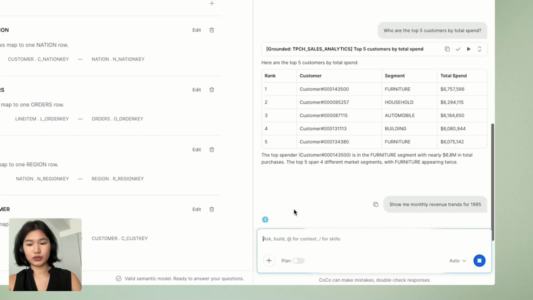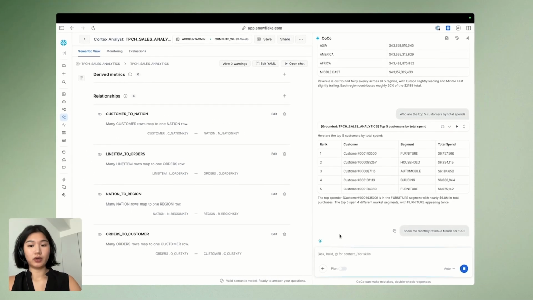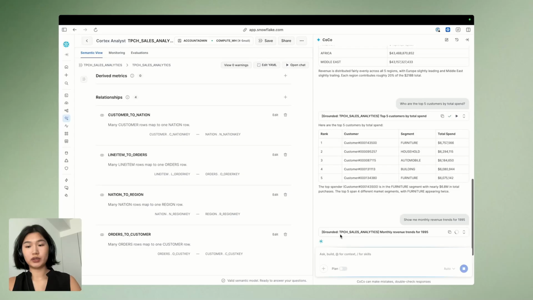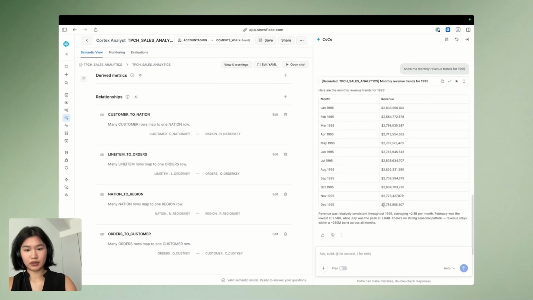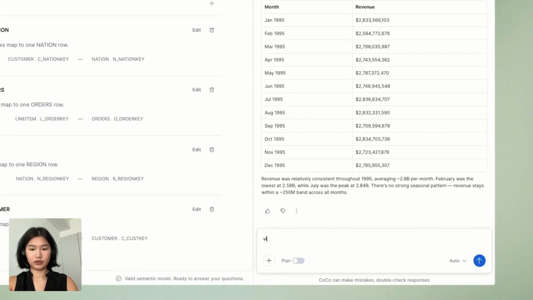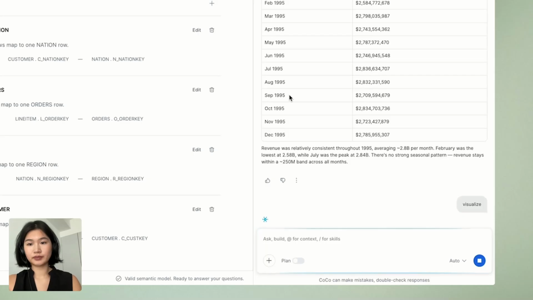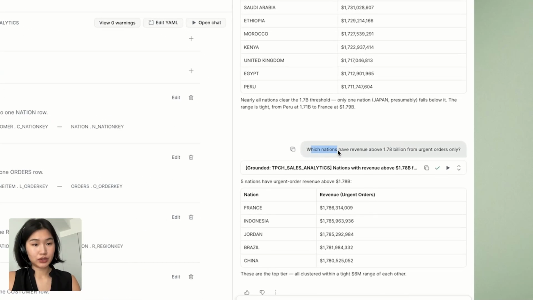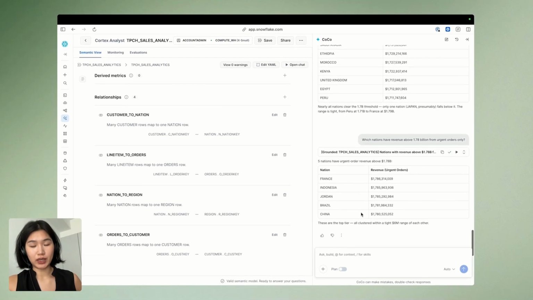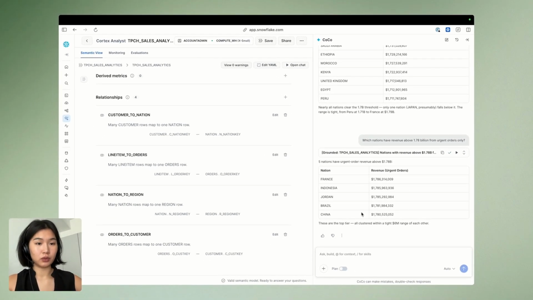So if I want to see another type of question on time series, so I want to see the monthly revenue trends for 1995, and it will show me this table. I'm going to ask it to visualize. You can also ask it to filter. So in this question, I've asked it to filter nations by revenue and by urgent orders only. And from just a natural language question, it was able to apply those filters in SQL and